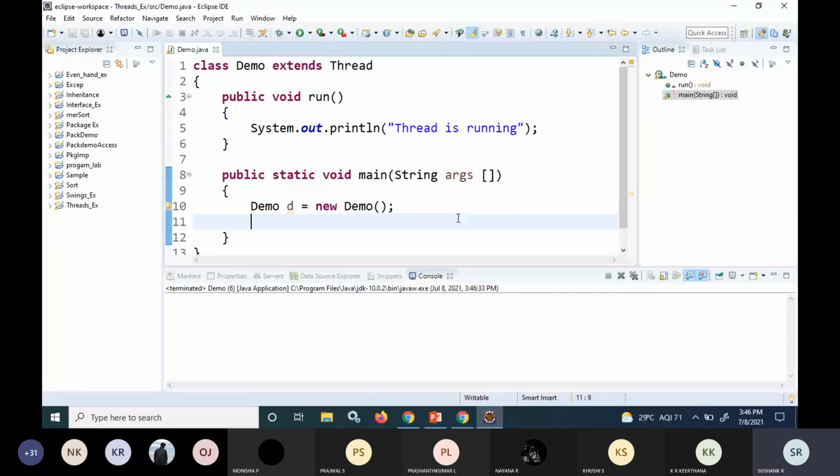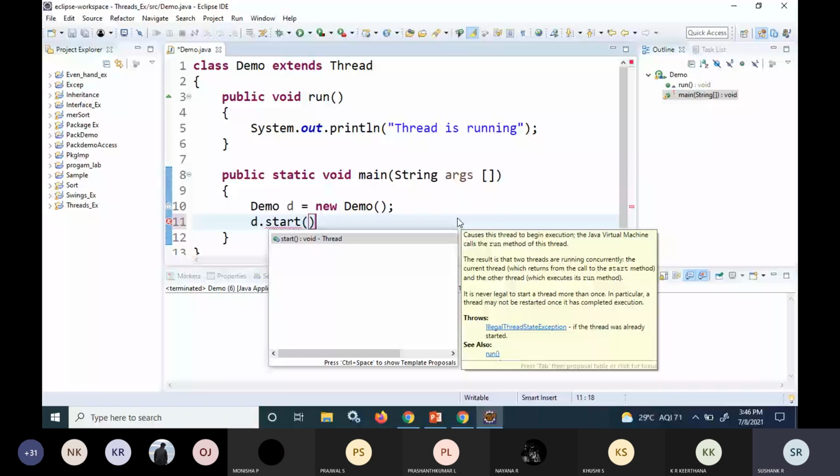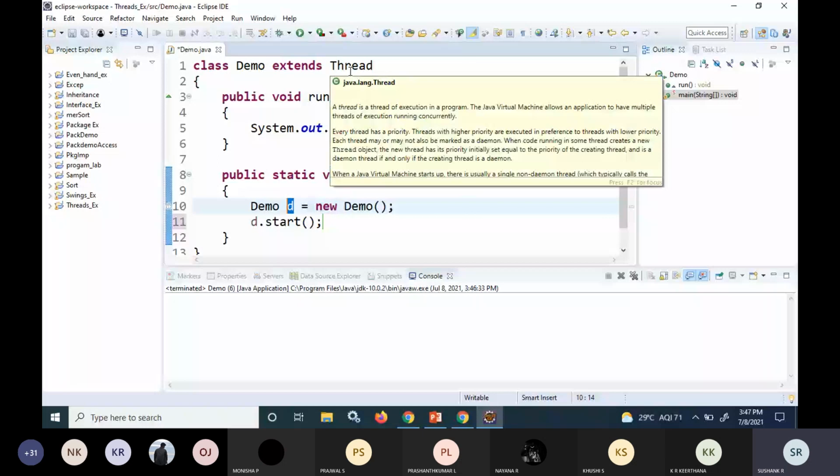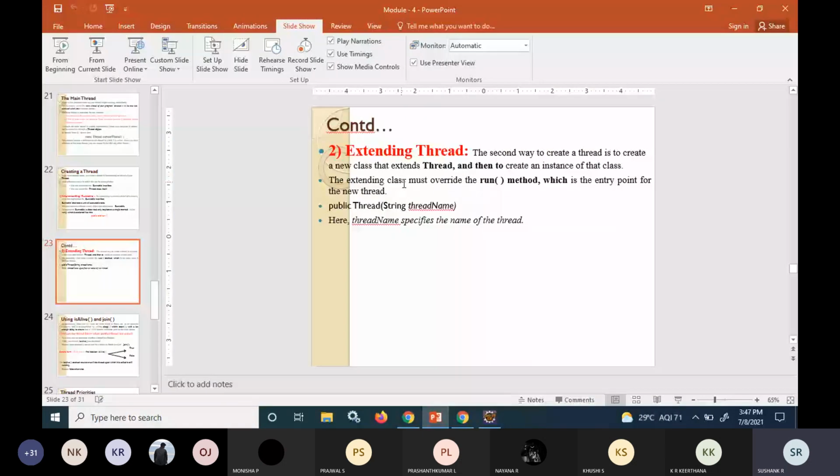So how to make the thread start running? By calling the start function from the object of this class. The object of this class is d. I've created an object of this class which is extending the thread class. One point you would have seen here, the extended class must override the run method.